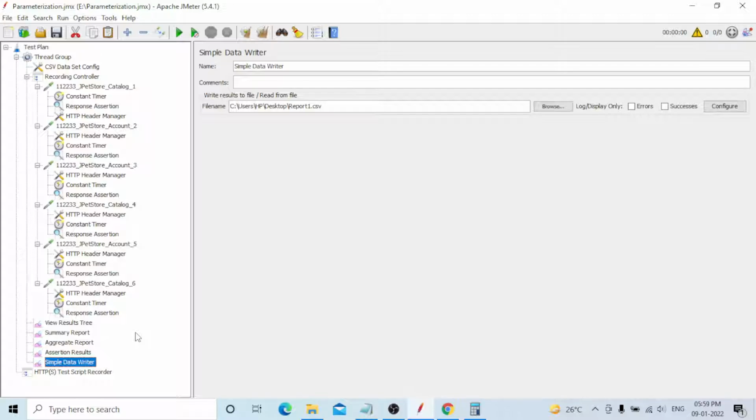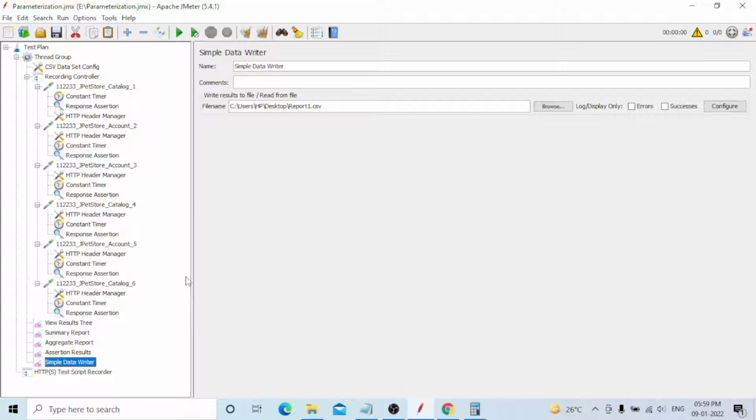If you run a minimum user load, for example 10, 20 or 30 users, GUI mode is enough and non-GUI mode is not required. But majorly we consider non-GUI mode only. Both options are available, you can run in GUI mode and non-GUI mode. Okay, in today's session we will run in GUI mode only.